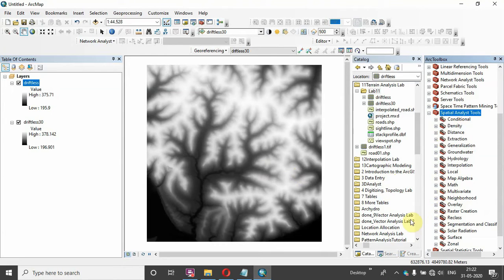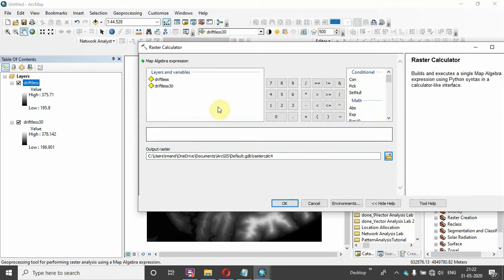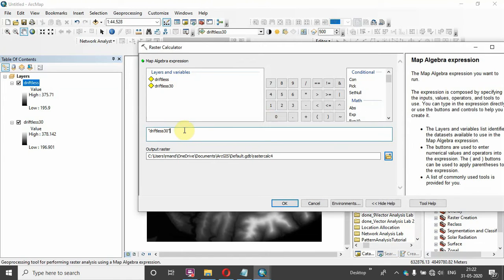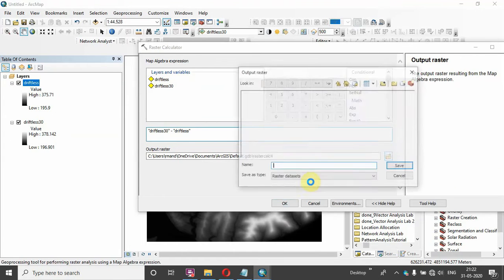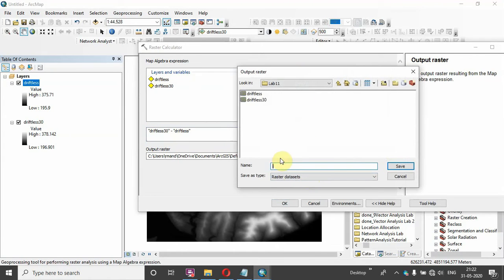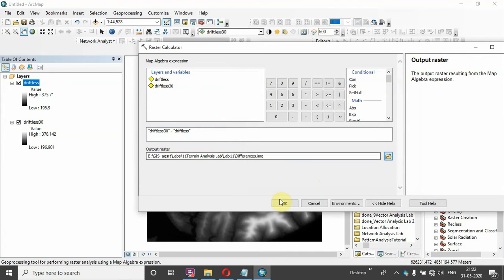So Spatial Analyst Tools, then Map Algebra, then Raster Calculator, and then the 1980s DEM Driftless 30 minus the recent one, and then I have to give the output as differences.img. Don't forget to put .img, then OK.